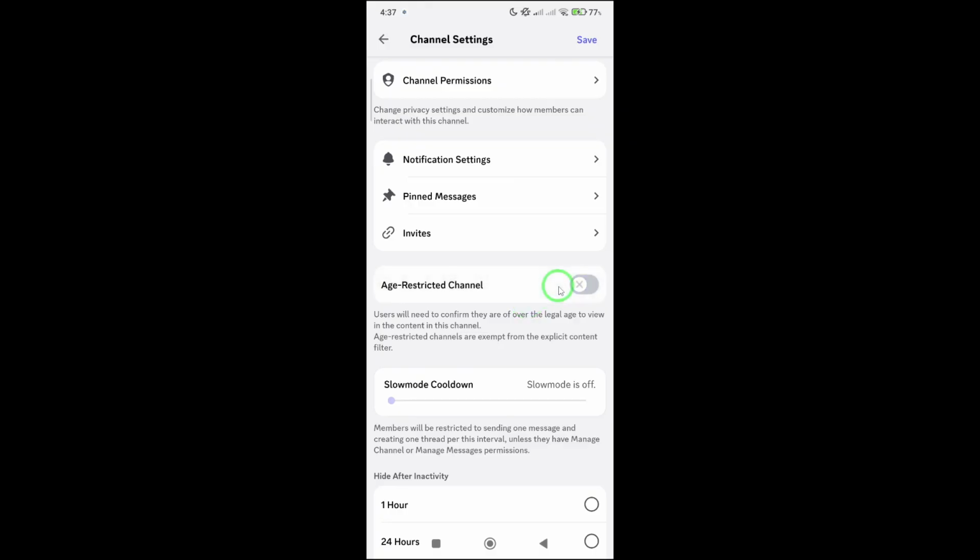Once you switch it off, double check the permissions to ensure members who previously couldn't access the channel can now see and participate in it. It's a good idea to review any roles tied to this channel so you're not unintentionally blocking or granting access to different